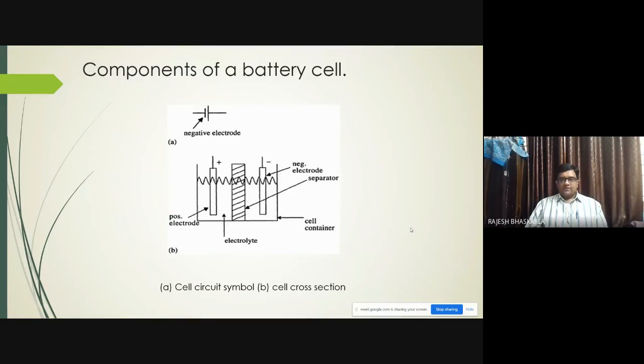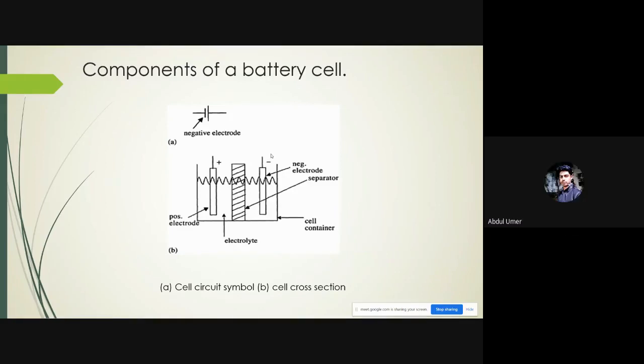I inform everyone that you should understand this very clearly. If you have any doubts, please let me know, because from here onwards we are going to study five more batteries: lead acid battery, nickel metal hydride battery, lithium ion battery, and zinc air battery. And all the battery operations are similar. In all these batteries, the negative electrode releases the electrons and the positive electrode receives the electrons. So if you understand this, you can easily understand the chemical reactions, and also you can remember the chemical reactions very easily.